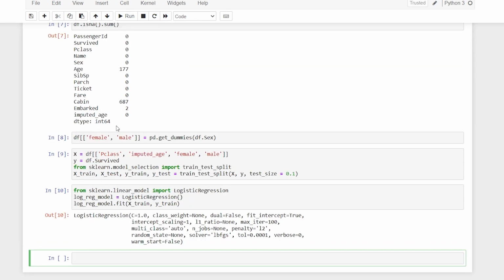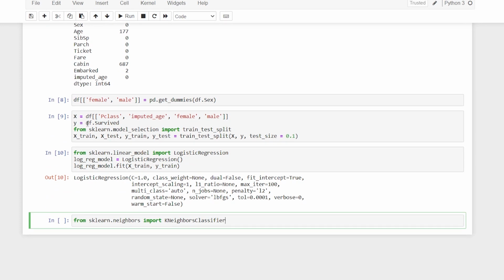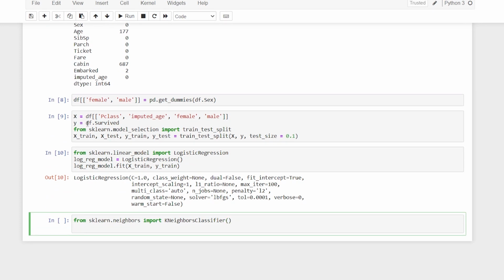Now let us move on with the k-nearest neighbors. From sklearn.neighbors import KNeighborsClassifier, I'm sorry, and here I'll say knn_model is equal to KNeighborsClassifier, with n_neighbors, which is a parameter.